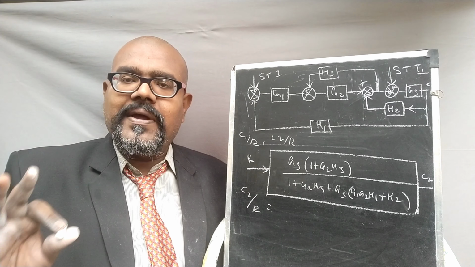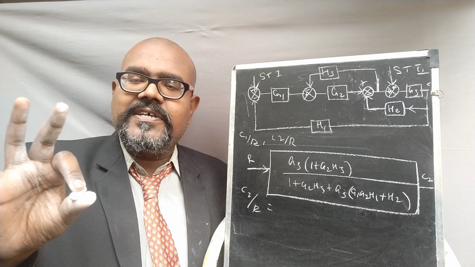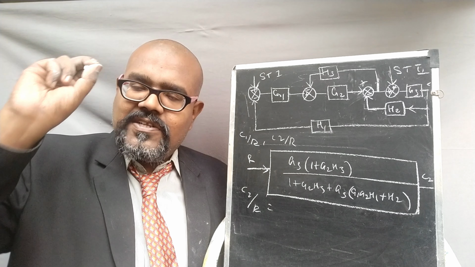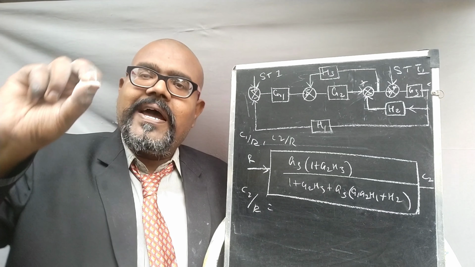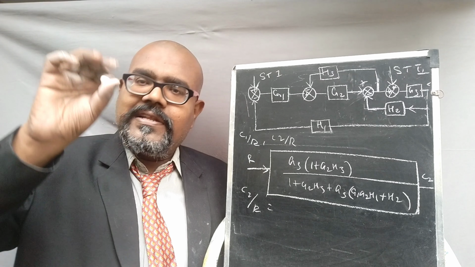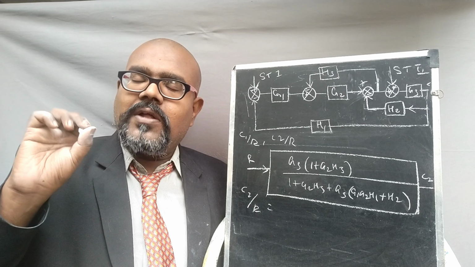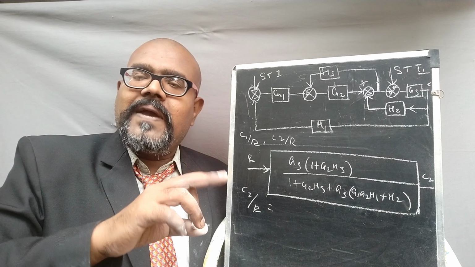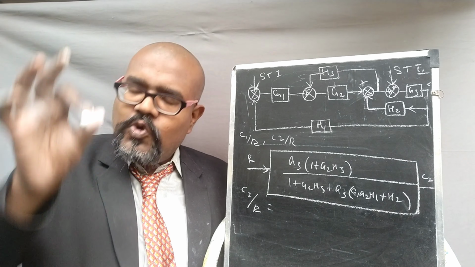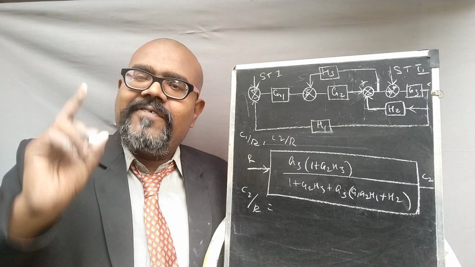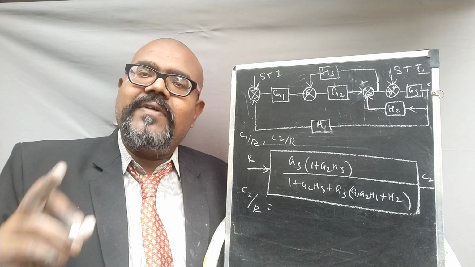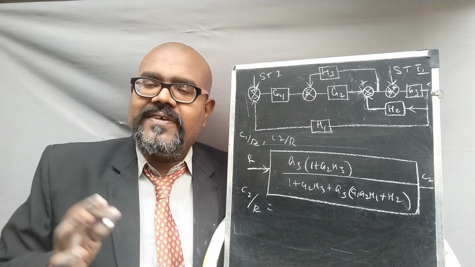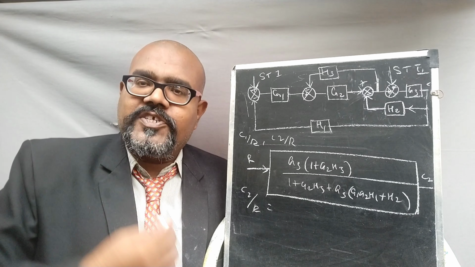The one thing you need to keep remembering while doing the transfer function determination is to check if there is any feedback path. If there is no feedback path, then shift the branch point ahead of or behind the block and arrange the feedback path. Or if moving the branch point is not enough, then move the summing point behind or ahead of the block. So keep remembering to frame the feedback; it is very comfortable for you to reduce multiple blocks into a single block. That is also a very comfortable way to determine the transfer function.